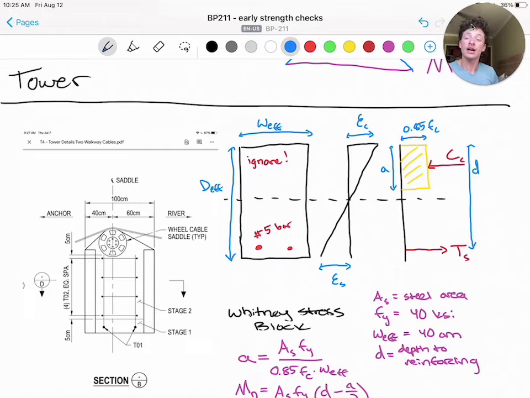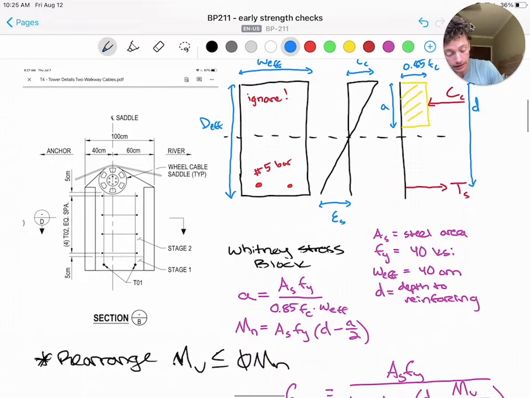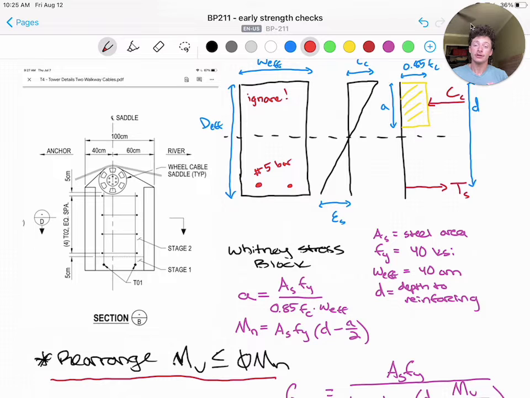All right, so moving on to the tower checks. Regarding the tower checks, we are actually just going to recheck the moment capacity. And that I have down here with this equation. You'll probably remember that from previous sections of the course. Our ultimate moment needs to be less than, or our capacity times our load factor needs to be greater than